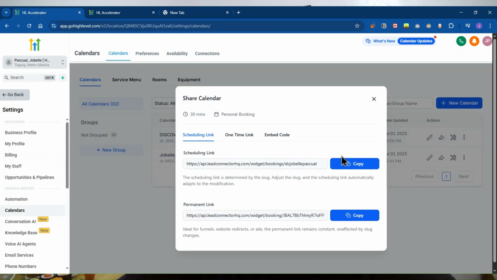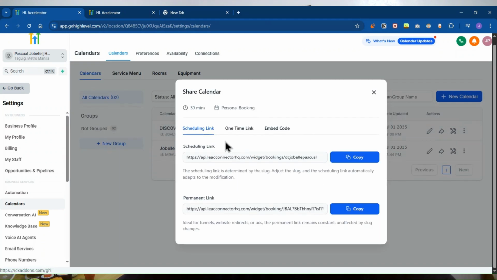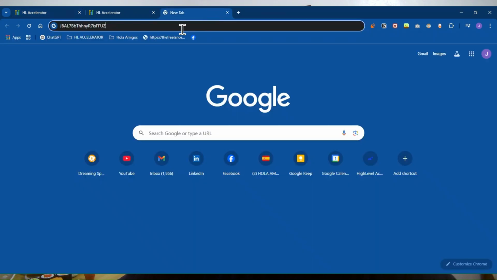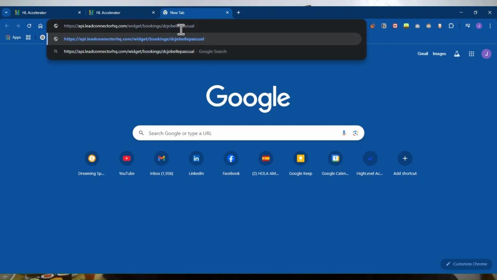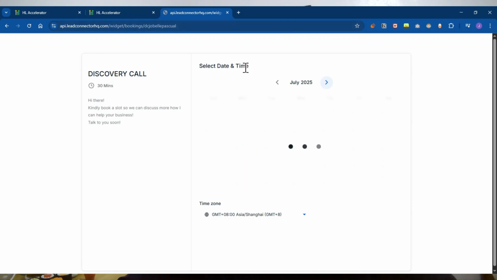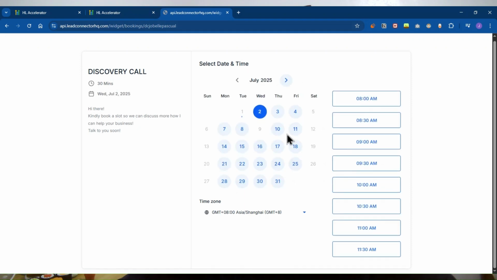You could select the scheduling link and provide it to your website, your emails, to your social media account. So here it is. Here is the calendar that we have made.